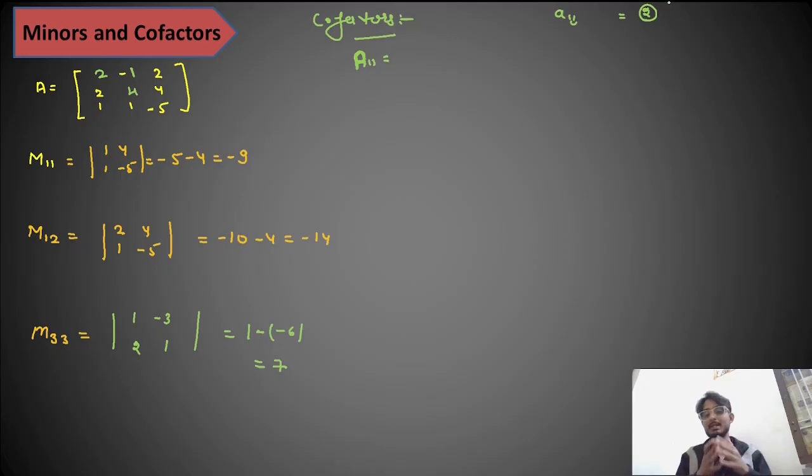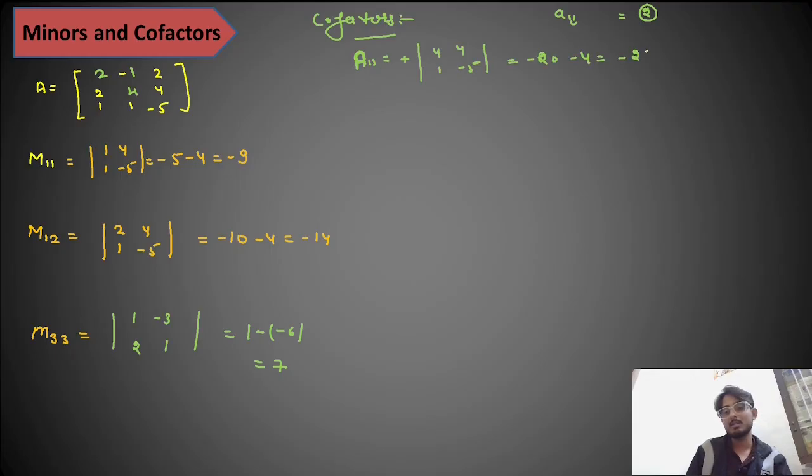But if you add these digits and you get an odd number, then you will use the negative sign. Okay, so let's understand this concept. Now here it is even, so take the sign as positive, and then you take the minor of this. Eliminating the first row and first column, you will get 4 1, 4 minus 5. So we get 4 fives are 20, minus 20, and 4 ones are 4, minus 4. So we will get minus 24.